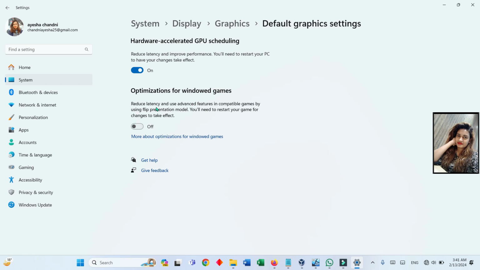So reduce latency and use advanced features in compatible games by using flip presentation model. You will need to restart for your game change to take effect. So here we'll turn it off. By default, it is on. So after completing these things, we will restart